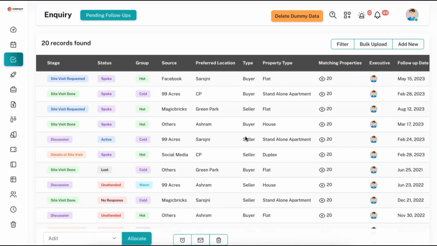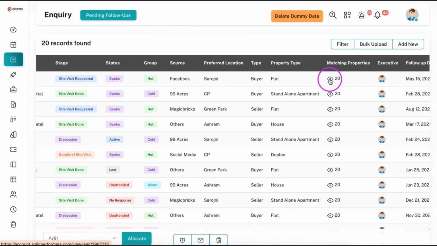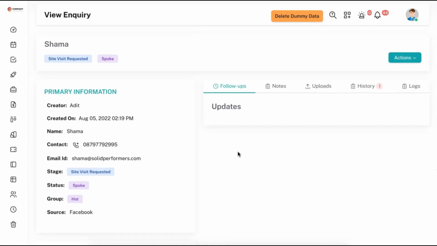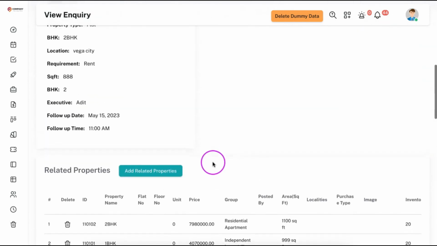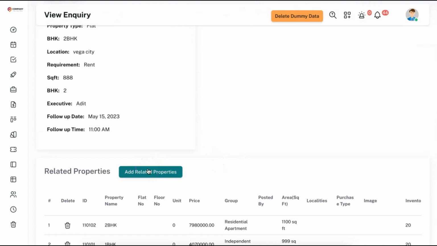You can also decide what fields you want to see over here and what fields you don't want to see. And with Solid Performance, another most important thing is the system will automatically show all the matching properties based on the predefined settings. Once you click on the matching property, it will show all the properties that are matching for this particular lead in this view page. In case if you want to add any more related property or matching property, you can also add that manually,